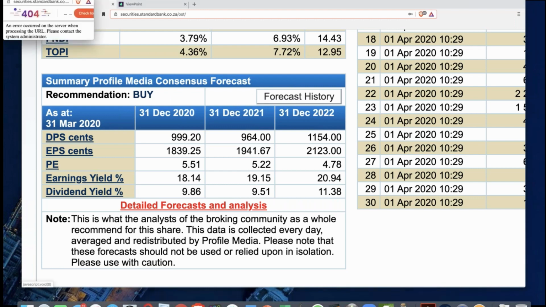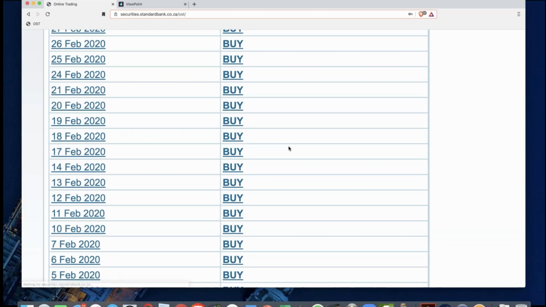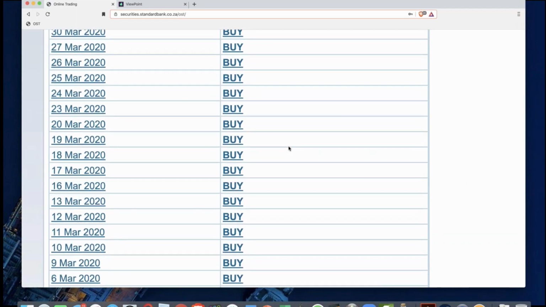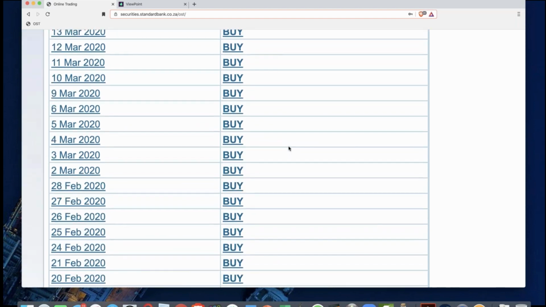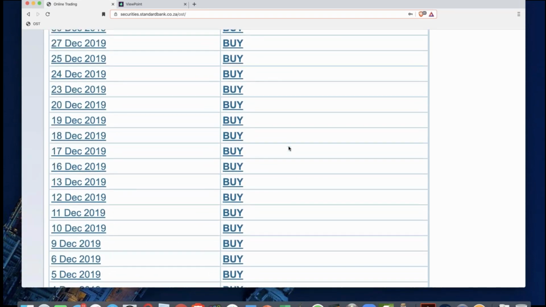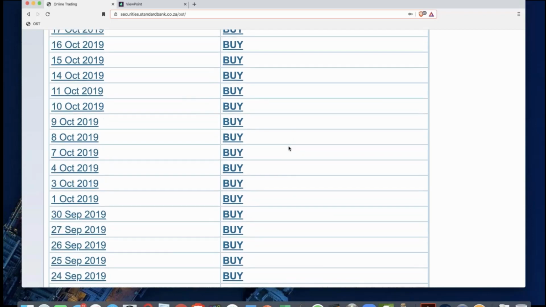And if you click on that, you can, and then it tried to pop up and do something on me. We'll come back to that. Forecast history, we'll come back to that as well. So that's the one I was looking for. So this is just what the recommendation has been over time. You can see it's updated quite frequently, and pretty much Standard Bank has been a buy